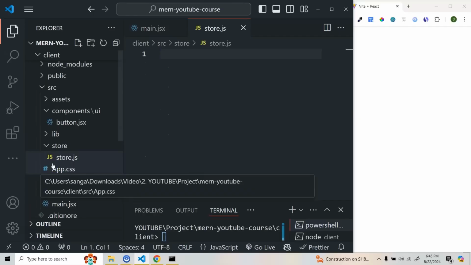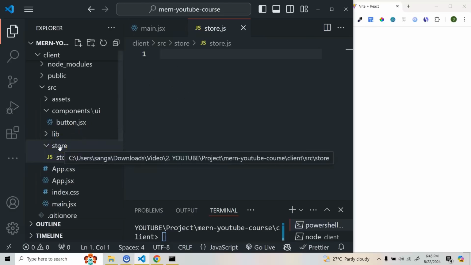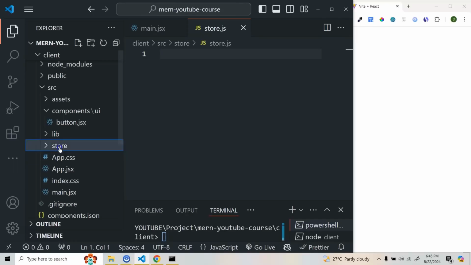So what this store does is create a global reducer, or basically it will hold all the application state. Now because we're going to use Redux toolkit, we need to create all the slices. Each thing will be a different slice. For example, if we are doing some login and authentication related thing, we are going to create an auth slice. If we are doing something on the admin side, we are going to use an admin slice. If we are doing something on the client view, or basically the shopping view, we will be creating a shopping slice, something like that. So here I'm going to create a folder, and let's give this one the name auth